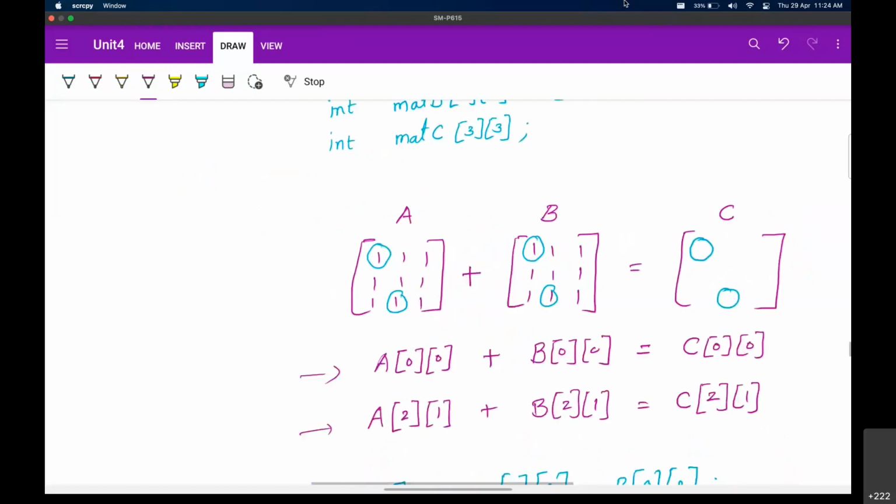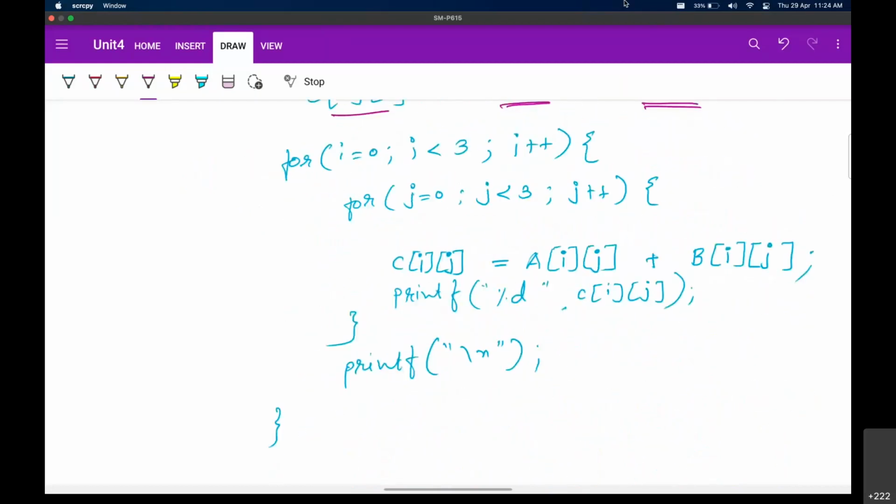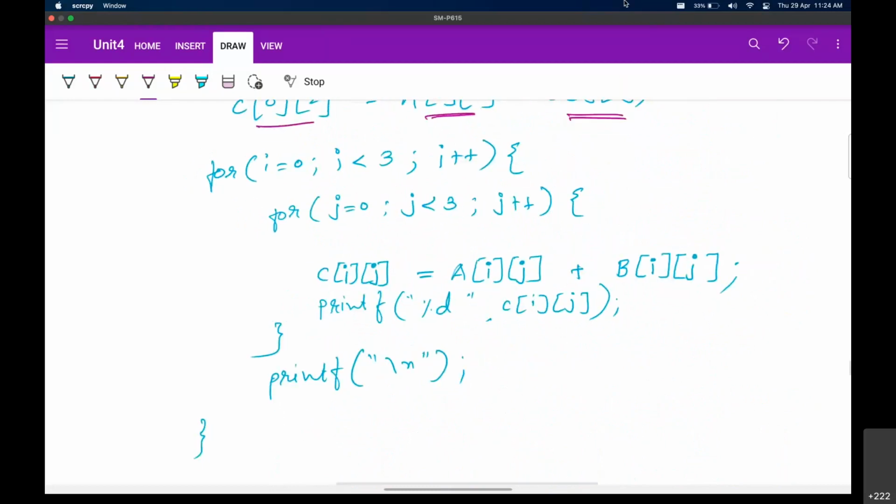So this is the process by which you can perform any operation, or let's say at least right now, addition operation on a matrix. And why matrix? Because matrix is a 2-dimensional array we want to understand. So we will stop here.